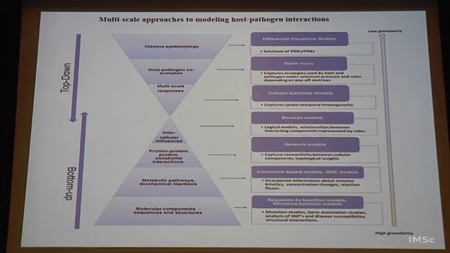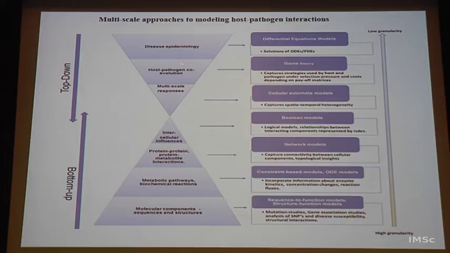So, these intercellular influences can be captured. The beauty of Boolean models is that you can use any level of hierarchy and combine them in a single network of a kind. You can do that. And from the top down, the cell is in between, pointed out here, because it is a reasonably self-contained unit where you can model various things. And you can have here multi-scale responses such as spatio-temporal heterogeneity, tissue formation, and cancer metastasis for example, or how an infection spreads from one organ to another. All of these can be captured in here.